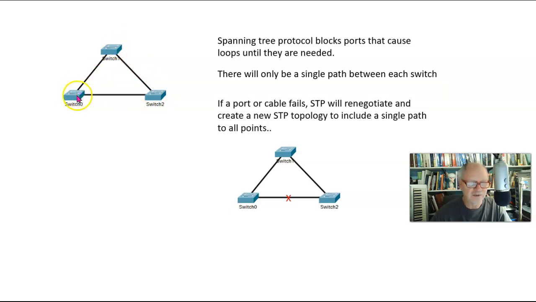So STP, or Spanning Tree Protocol, blocks off those loops. It will stop communication here between switch 0 and switch 2. So now any switch can get to any other switch, but there's only one way to do it. Switch 0 can go to switch 1, then to switch 2. Or switch 2 can go to switch 1 and then switch 0, so everybody can talk to each other without redundancy. So in the next few short videos, we're going to be looking at how STP, or Spanning Tree Protocol, does its job.